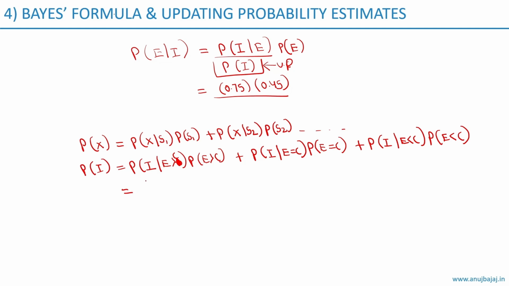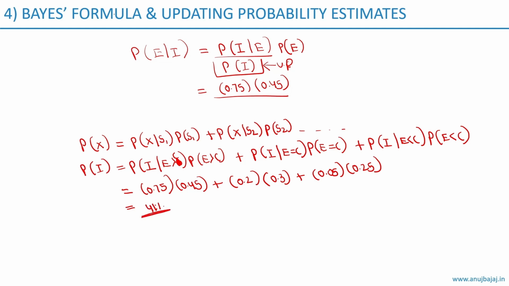So we multiply 0.75, which is the probability of Dreimed expanding given the EPS had exceeded the consensus, by 45%, plus 0.2, that is 20%, multiplied by 30%, then plus 5% multiplied by 25%. So we get the unconditional probability of the information occurring as 41%. So we fill this information here, 0.41, and we get the updated probability as